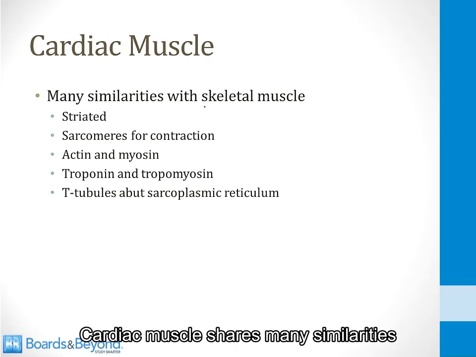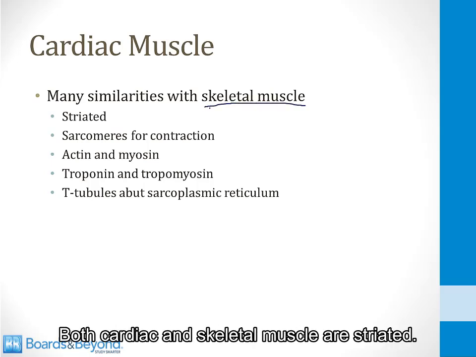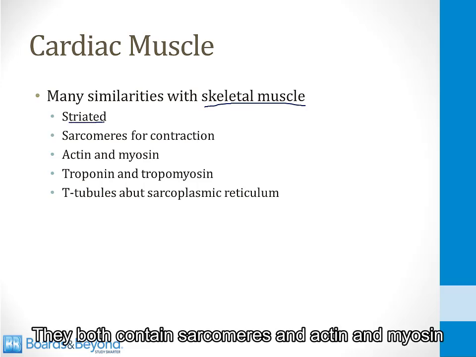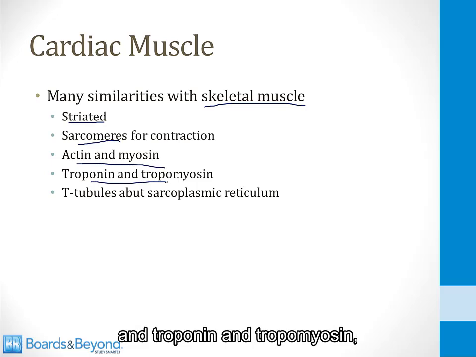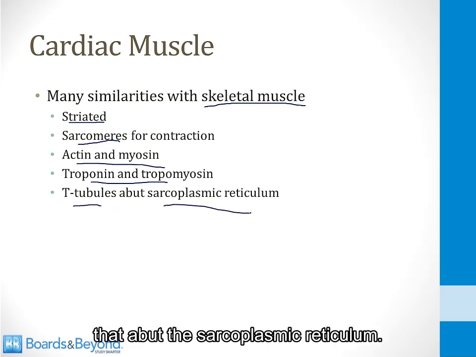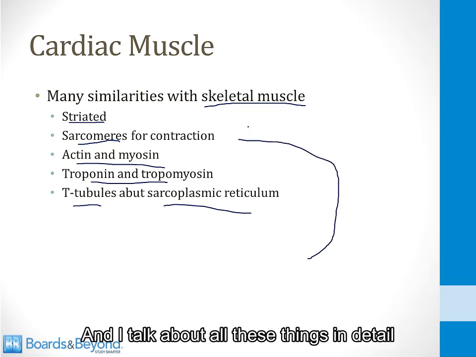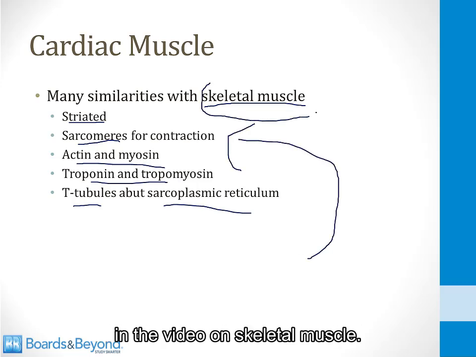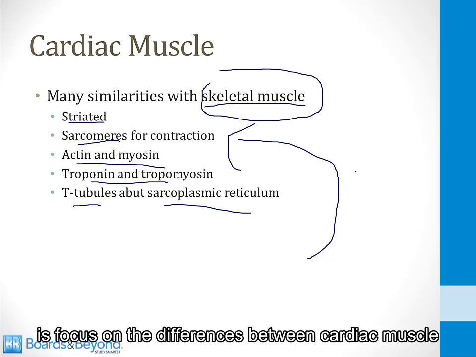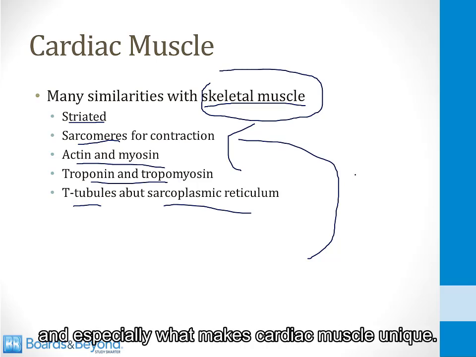Cardiac muscle shares many similarities with skeletal muscle. Both cardiac and skeletal muscle are striated. They both contain sarcomeres and actin and myosin and troponin and tropomyosin, and they both have T-tubules that abut the sarcoplasmic reticulum. And I talk about all these things in detail in the video on skeletal muscle. What I'm going to do in this video is focus on the differences between cardiac muscle and especially what makes